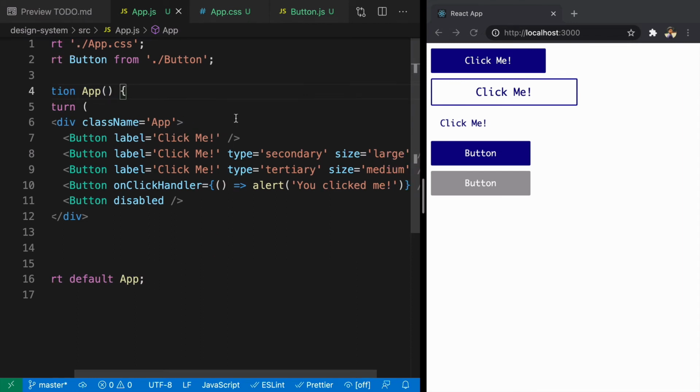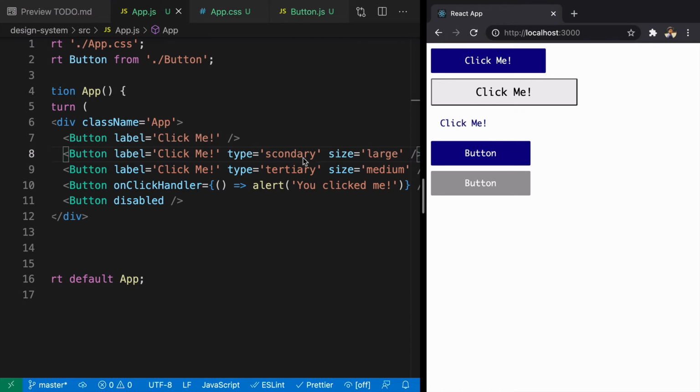our application. And why do we need to refactor? So let us try to understand the problem that can happen. So here we have type of secondary. What happens when by mistake I just misspell it? So I just created a typo, right? So now if you look at your second button, you'll see it is not of secondary style.